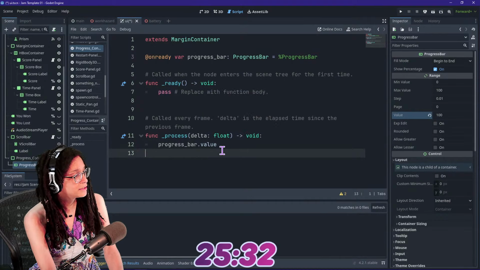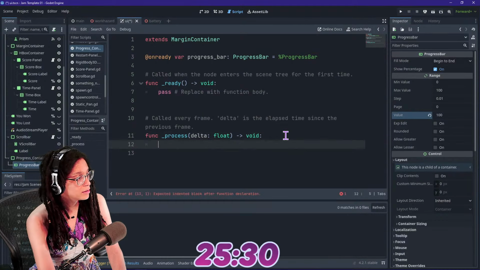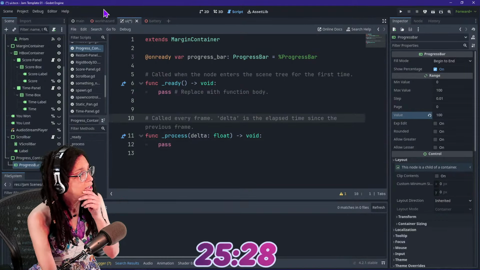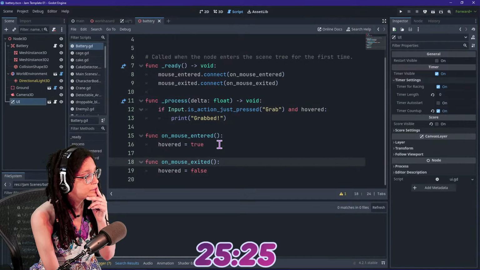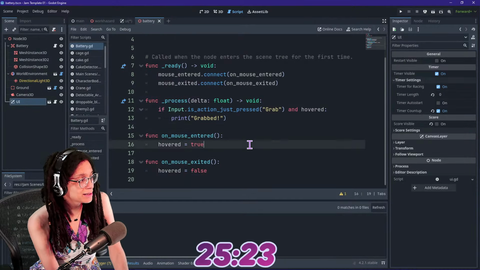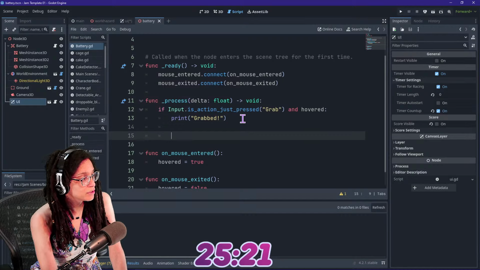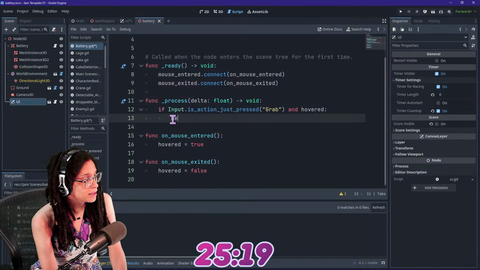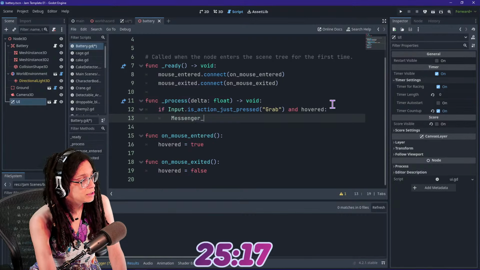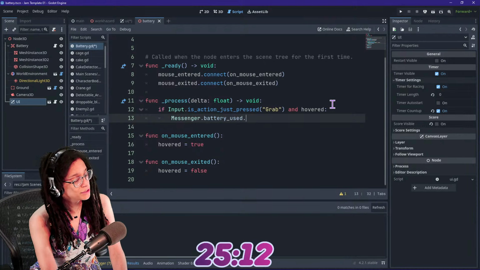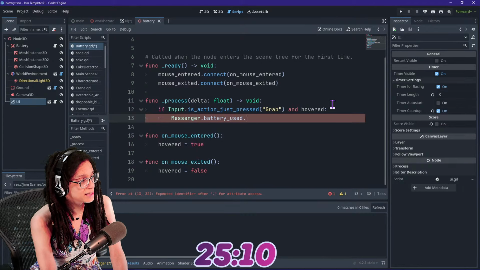Well, we don't want to do this here. Oh God, I'm panicking. Okay, it's fine. So on my battery here, we want to emit a signal when this grab happens. If the grab happens, we're not printing something. We're going to say messenger battery used. Messenger is an autoload script that I have existing outside